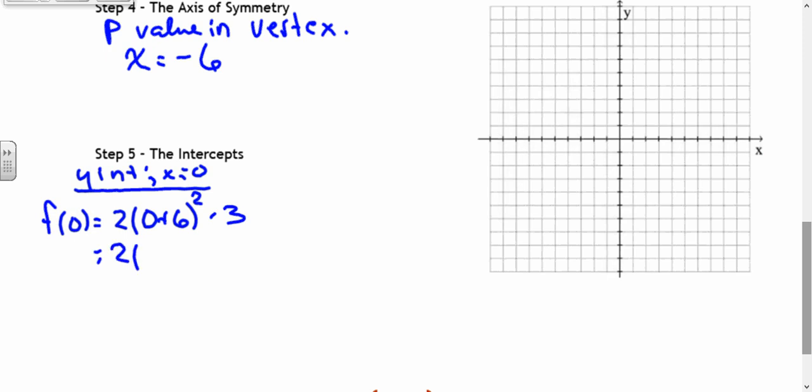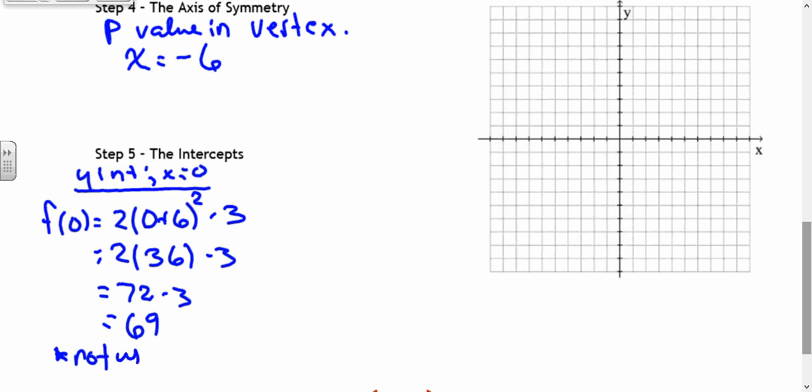So 2 multiplied by 36 minus 3 is equal to 72 minus 3 is equal to 69. Well, unfortunately, that number is not very useful, so let's start that. And it's not useful in the regard that it is not easy to plot. So how are we going to find more points? Because if I start plotting this, what we can see